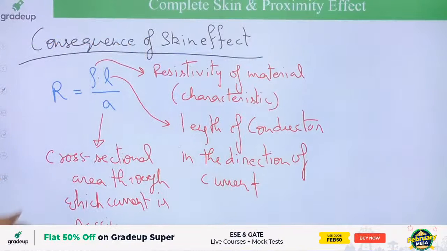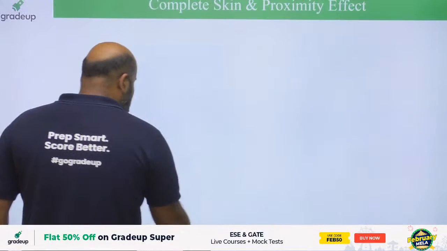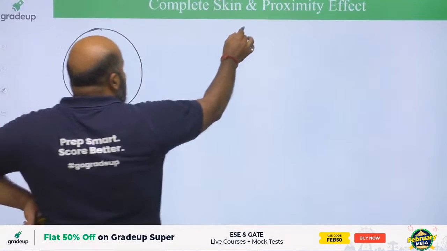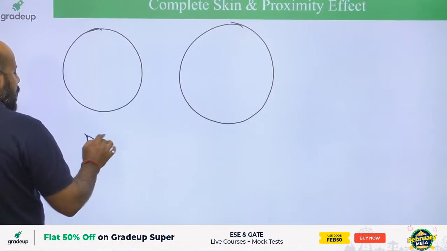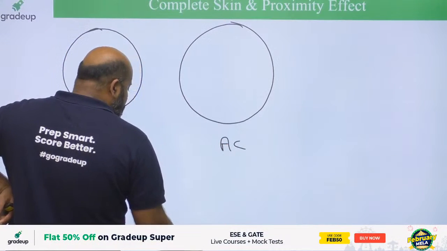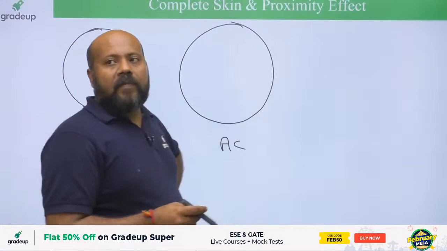So my friend, this A is the cross-sectional area through which the current is passing. Now let me give you one important comparison. Suppose you have two conductors. In one conductor you are passing a DC current, and in the other conductor you are passing AC current. Now when you talk about DC, the DC current,